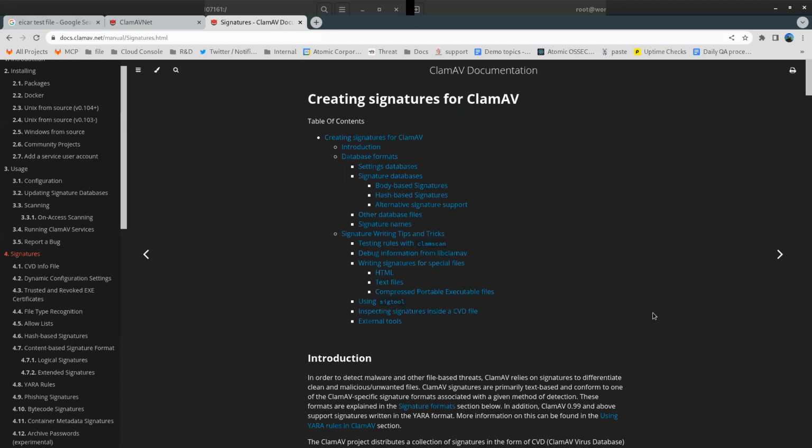Yara is more of a generic malware description language that can be carried across different malware or counter-malware tools. So ClamAV is one, but you can do Yara signatures in ModSecurity. You can use them in all sorts of other tools out there. They tie into SIEMs, so it's sort of like a portable language.